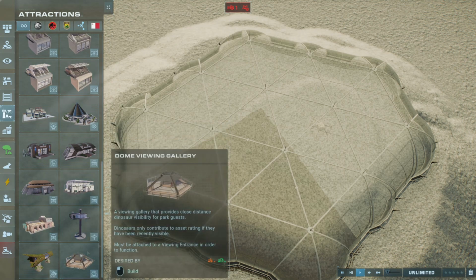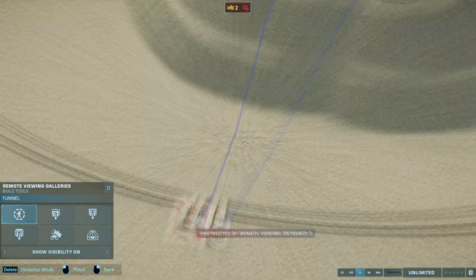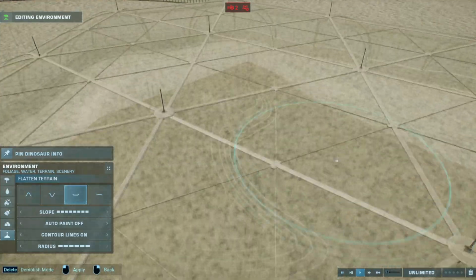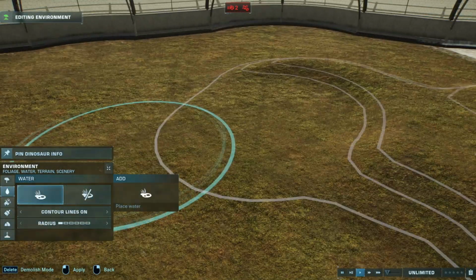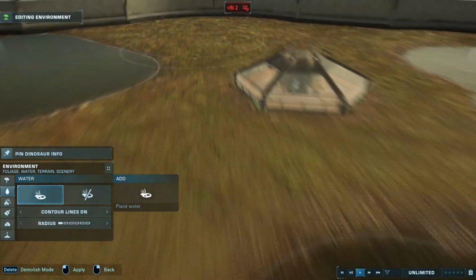And I had to do it in this tundra biome because the first thing that I saw was the Yutyrannus, the white one with the green pattern. I instantly fell in love, and I saw this biome, and I could just see it working